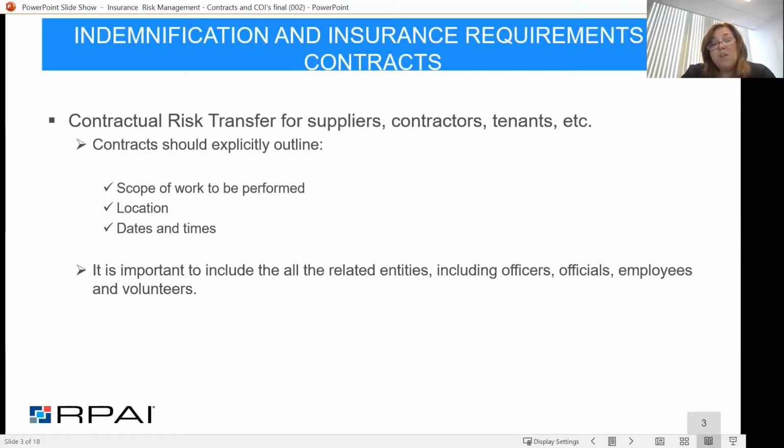So I want to make sure that the indemnification agreement that I have is going to defend all of my entities. Otherwise, they may accept tender for maybe the management company, but then I still have to hire legal representation for the association or the ownership entity if the contract isn't written correctly, so that the indemnification extends to all the parties involved.